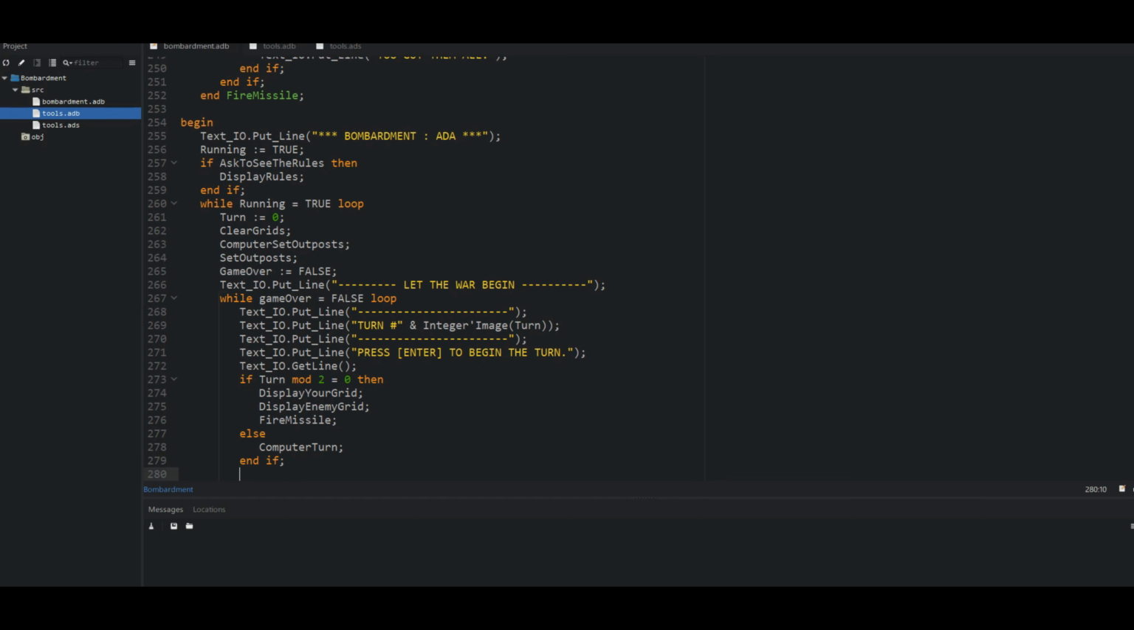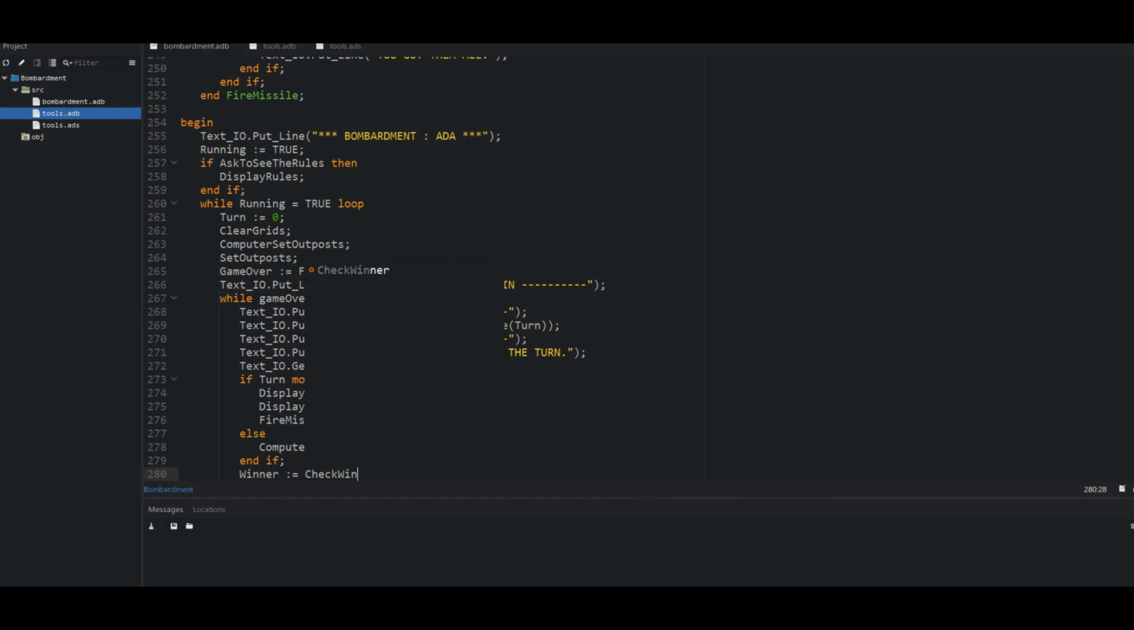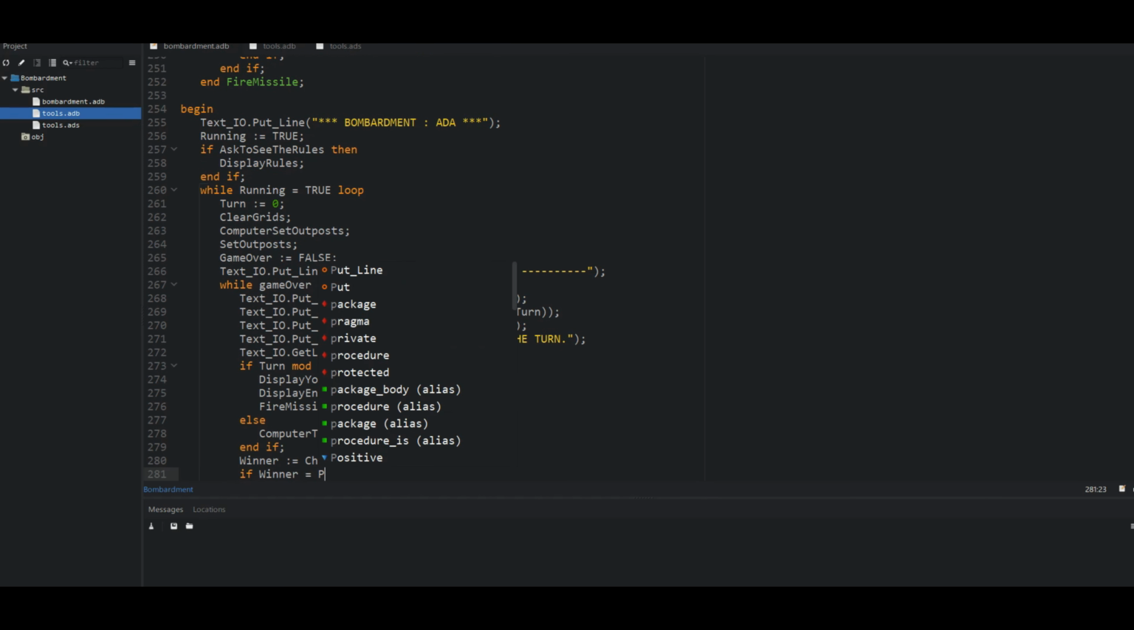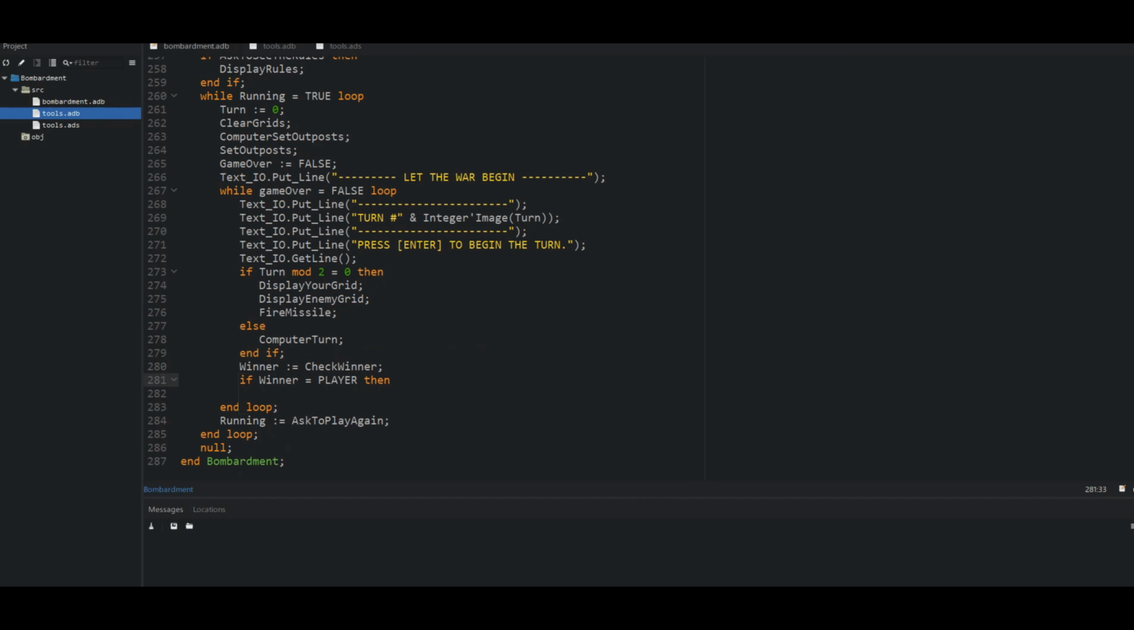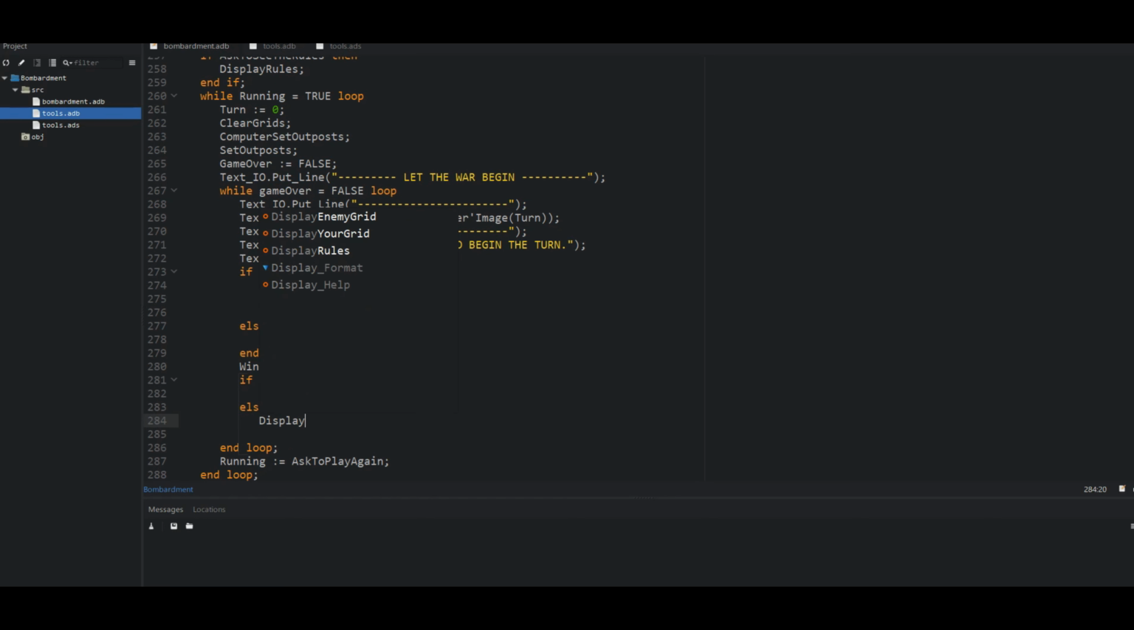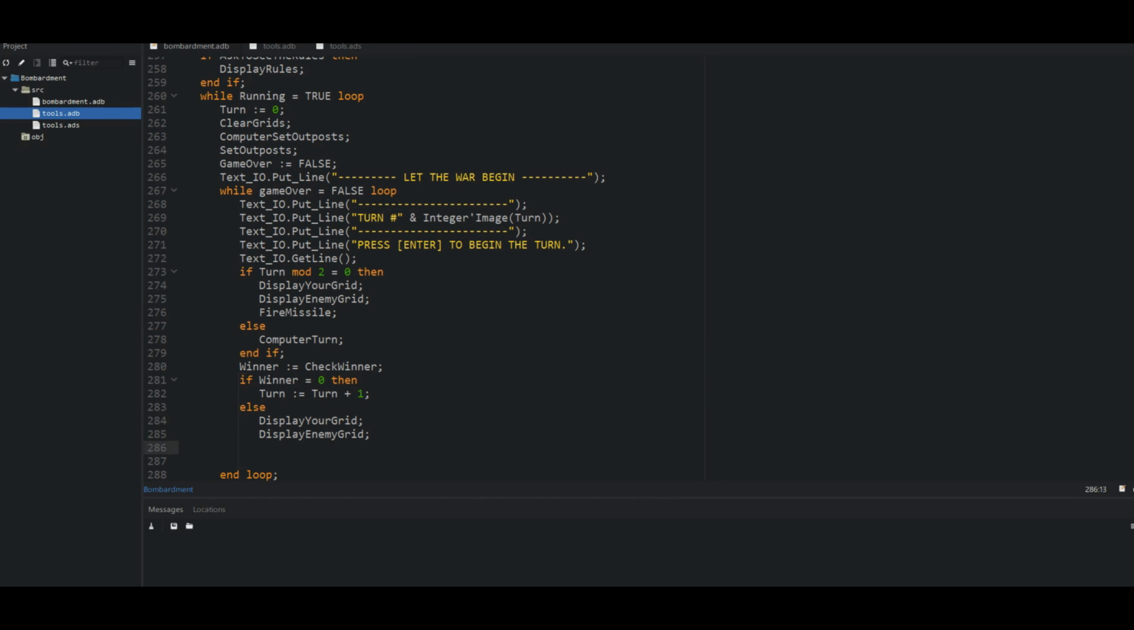And if the winner is going to equal check winner, if winner is player, then we said, what the heck? I thought we modified this. I mustn't have saved it. Okay, what we said was if winner is 0, then we're going to say turn equals turn plus 1. Otherwise, we'll display. Yeah, that sounds right. Display your grid. Display enemy grid. Then we say if winner is player, then